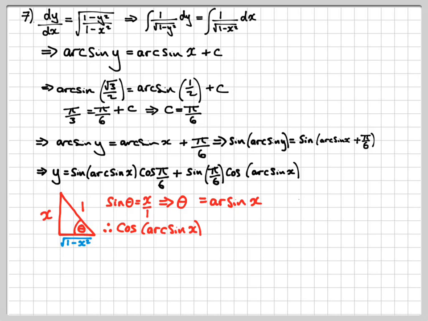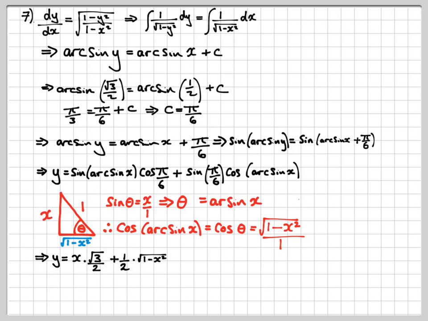Therefore, the cos of arcsine of x, in fact, is now just the cos of theta. And the cos of theta, adjacent over hypotenuse, will be given as shown, the root of 1 minus x squared over 1. I can now start to fill in the details in my working, and it comes out quite simply